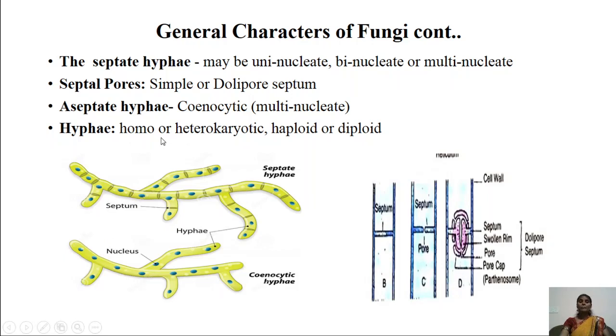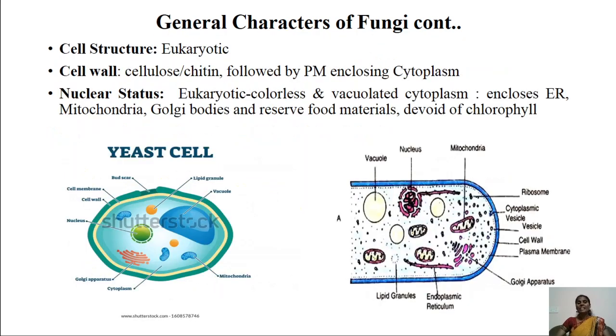Homokaryotic hyphae means all the nuclei are of a similar strain, whereas in heterokaryotic hyphae, the nuclei are from different strains, and the hyphae may be either haploid or diploid. The haploid phase is exhibited during asexual reproduction of the fungi, whereas the diploid phase is exhibited during sexual reproduction of the fungi. Then coming to the cell structure, I already told you it is either unicellular or multicellular,